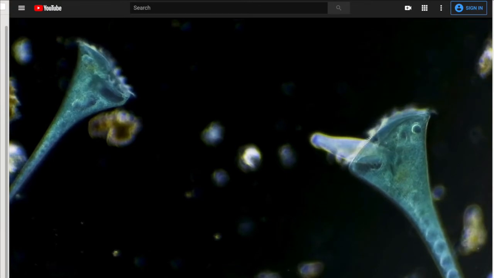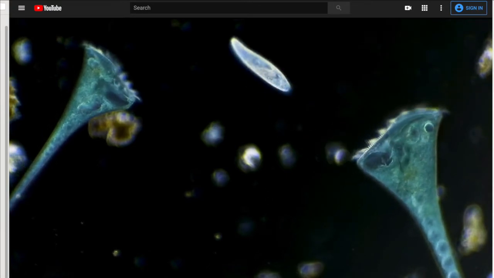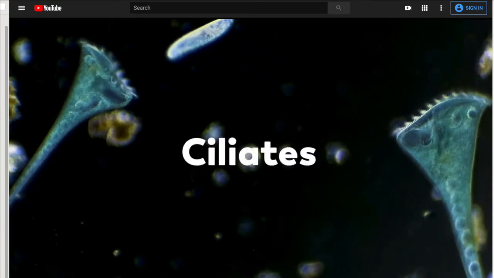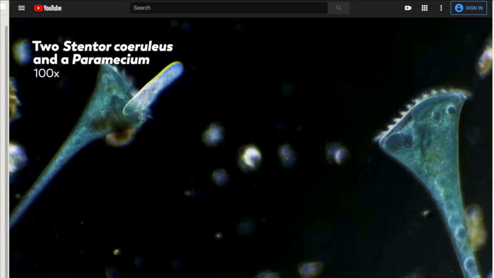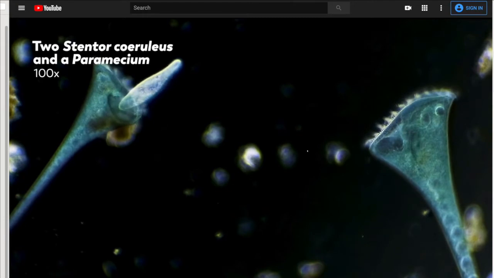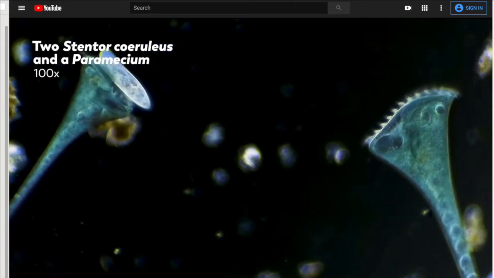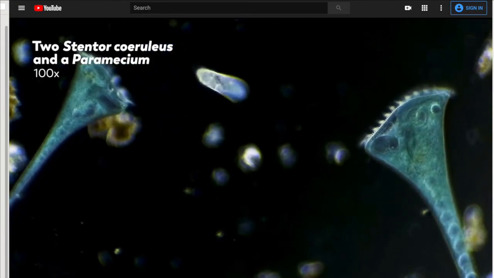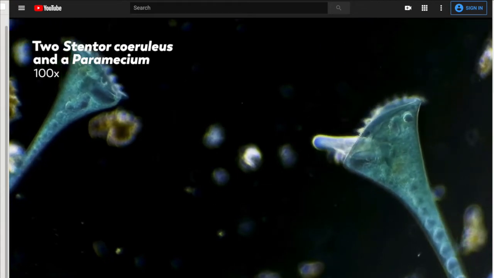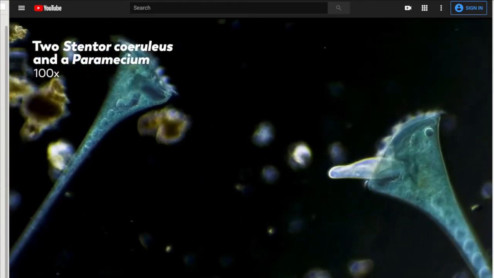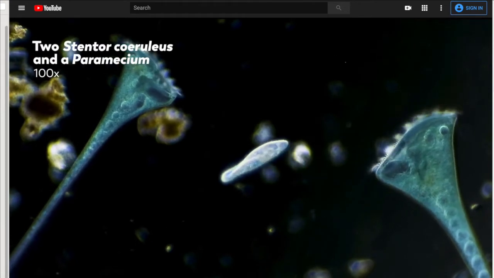Stentor caeruleus is a part of a group called the ciliates. As is true of all ciliates, Stentor caeruleus have hair-like structures called cilia. The beating of the cilia propels these cells in the water when they want to move around, and it also brings food particles, microanimals, and single-celled organisms into the cell mouth, where they are taken inside the cell to be